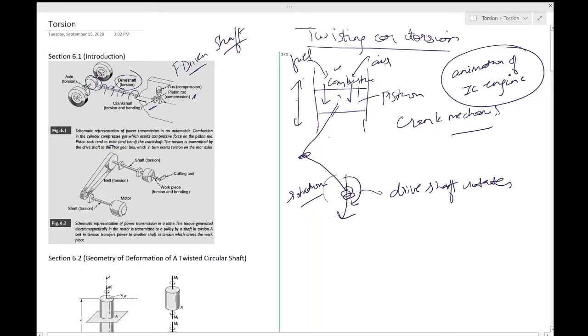Okay, so there is this gear assembly over here which will do that transmission, and eventually when this axle experiences torsion or starts to rotate, then your vehicle will move. So the power comes from the front, goes to the wheels at the back, and because of that your vehicle will move forward. Okay, so this is one example where torsion acts,